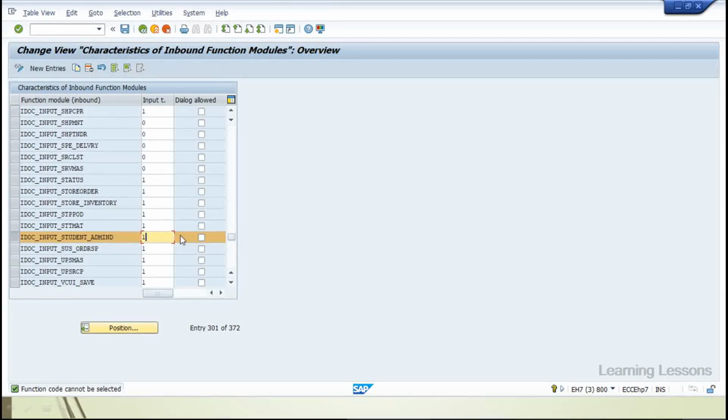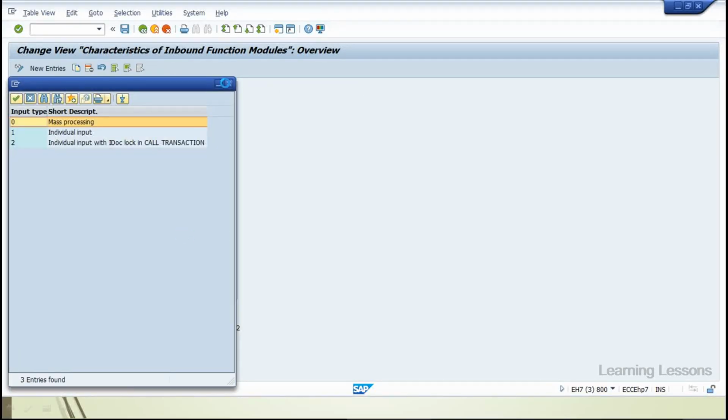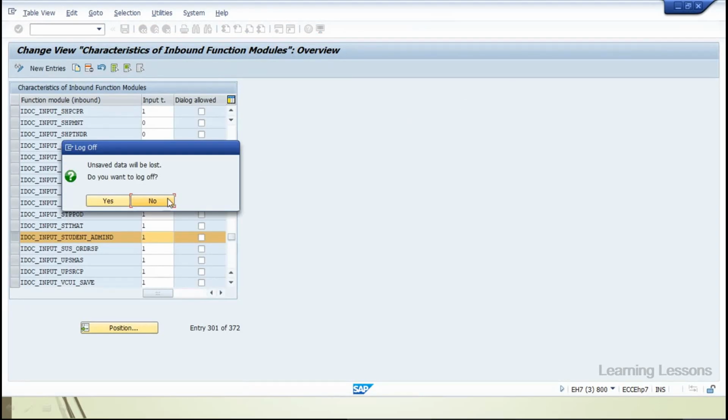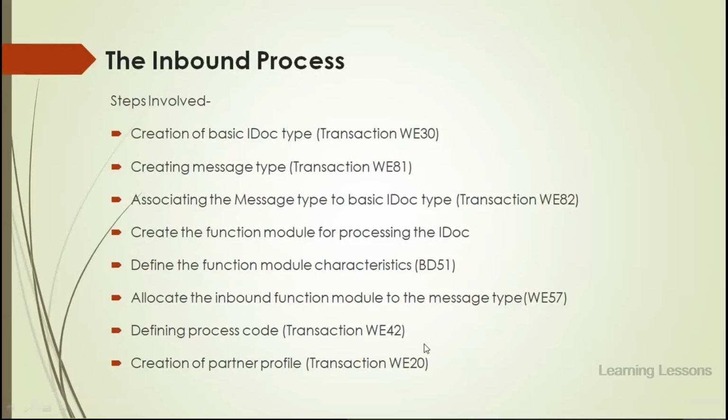So 01 is the input type or output type. This I'll tell you later, or you will get confused. This role I'll tell you at the time of creation: the process code, partner profiles and all. Actual data. Okay, so that's it from